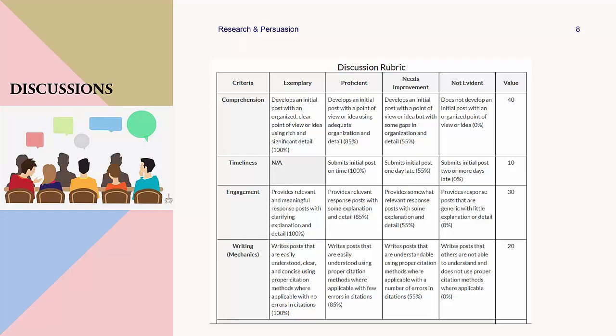Engagement, again, a few sentences doesn't really show engagement. I agree with you, or I never thought of that, or it's really good, or one time I did. And not looking for word count, but obviously if you have more depth, you're going to need a little more breadth with the words themselves.